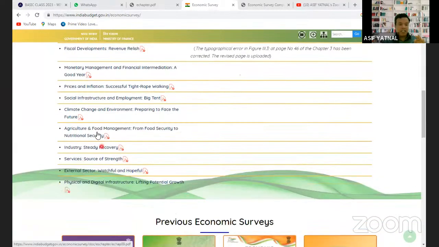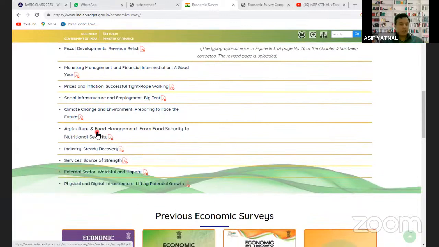Second is agriculture and food management. GS paper 3. Next topic है issues related to agriculture, food security, then supply chain management, issues related to agricultural marketing, issues related to downstream and upstream storage facilities. So how agriculture and food management is being done in India? Because last year हमने देखा था कि one of the important जो international level में इंडिया का जो इंडेक्स आया था, that is human development index.